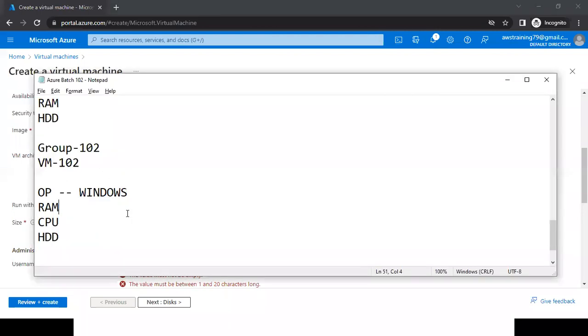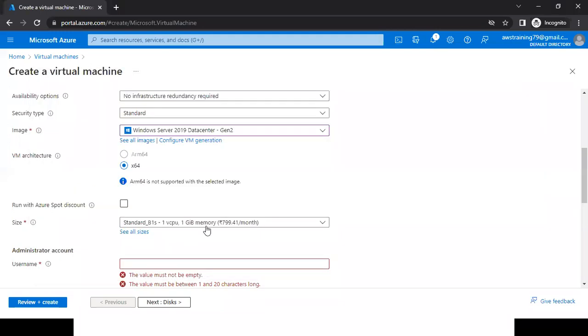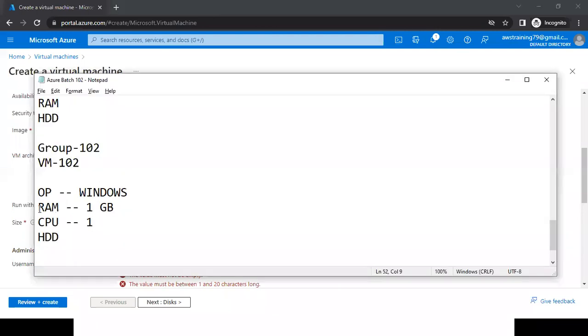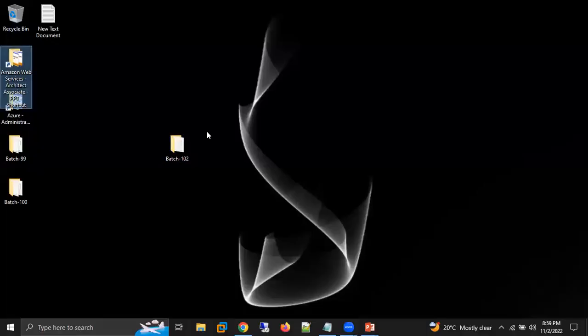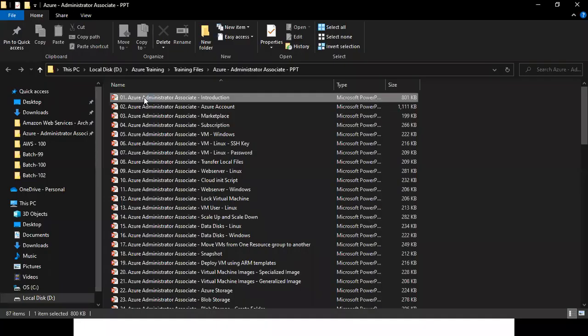Let's take an example: my requirement is I need only 1 GB of RAM and 1 CPU. So here I'm getting the size. The size I have to select. When I'm selecting the size, it means we are selecting CPU and RAM. It means we are going to select CPU and RAM. In our first session,